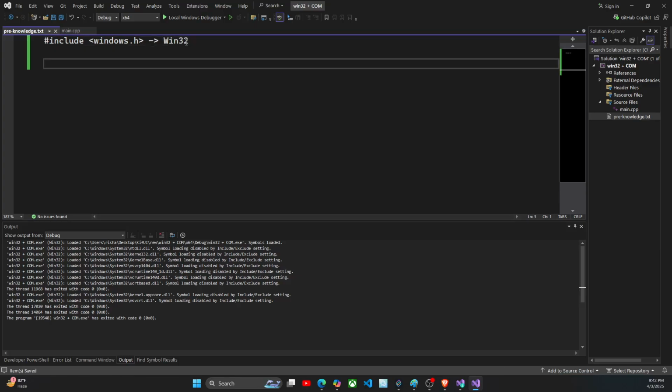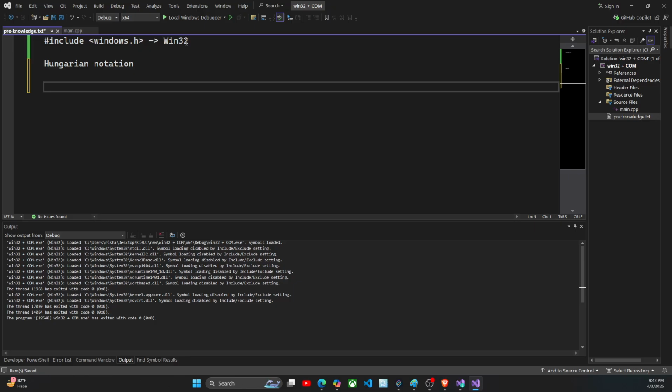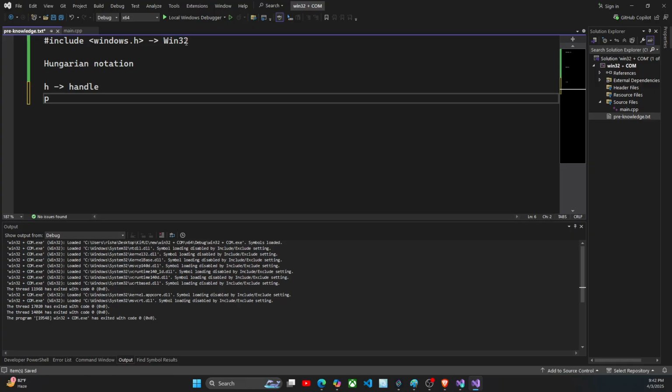Okay. So first of all, coding convention. They will be using the highly used one inside this, which is Hungarian. Maybe I'm pronouncing it wrong, but I believe so. This is the Hungarian notation, which contains a little bit of knowledge about how to use, like, create your window. So commonly you will see H followed as handle here, handle, and P as the pointer,